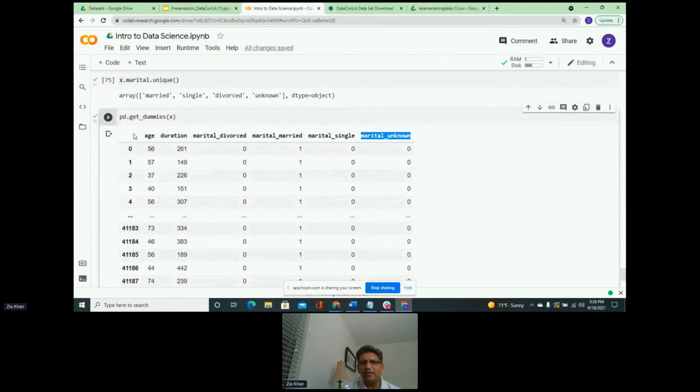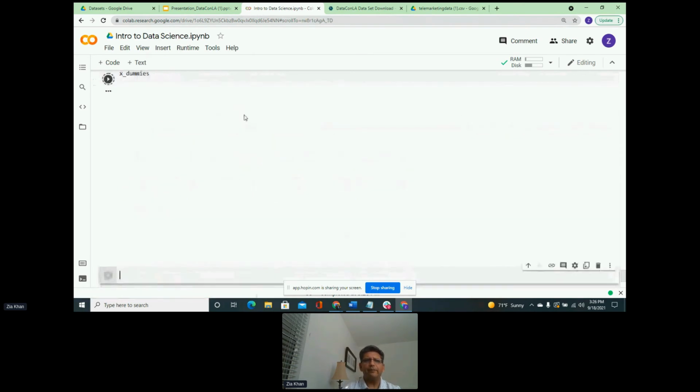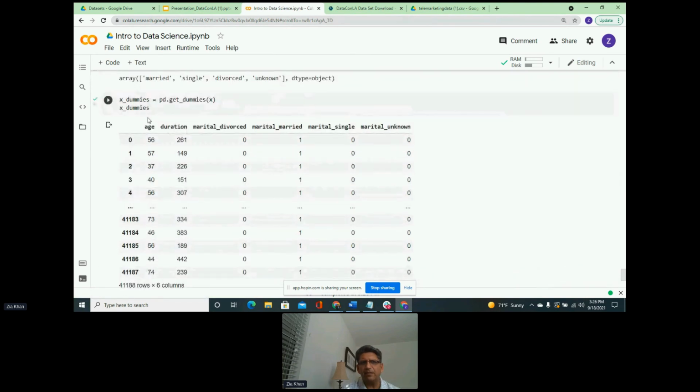Now we take this data, and I am going to save it into a new variable, which is X underscore, and I'm going to call it dummies because this data has dummy values in it. Again, independent features X using the dummies variables. Let's look at the X dummies and just ensure that the result is the same.